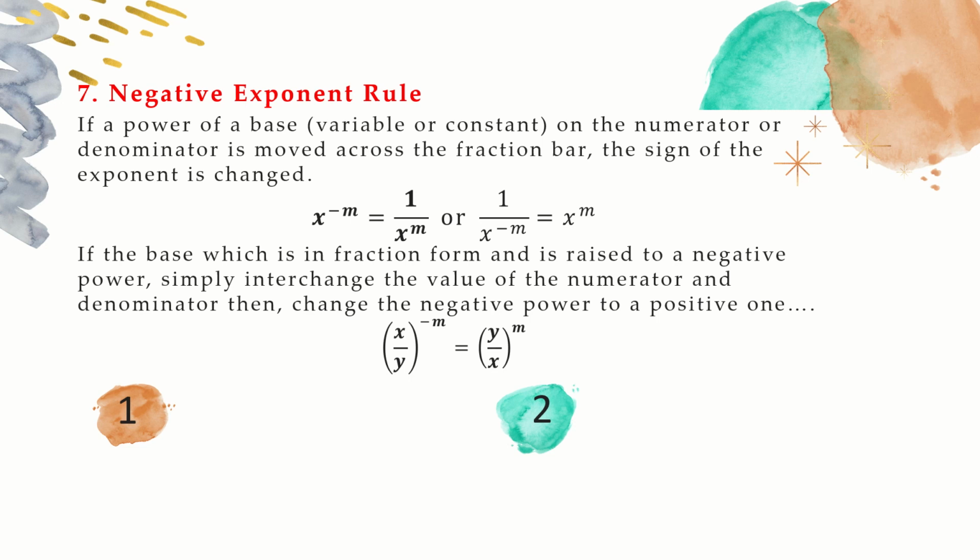Yeah, duha ang iyahang cases. So, the first case, if a power of a base, the base could either be a variable or a number, or a constant. If a power of a base on the numerator or denominator is moved across the fraction bar, the sign of the exponent is changed. Example, kanisiya,